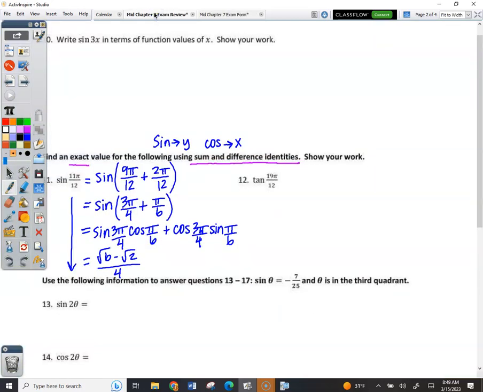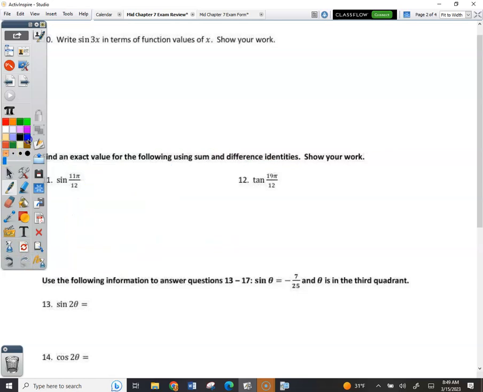So if you look at the tan problem, I chose to add 16 plus 3, which reduced to 4 pi over 3